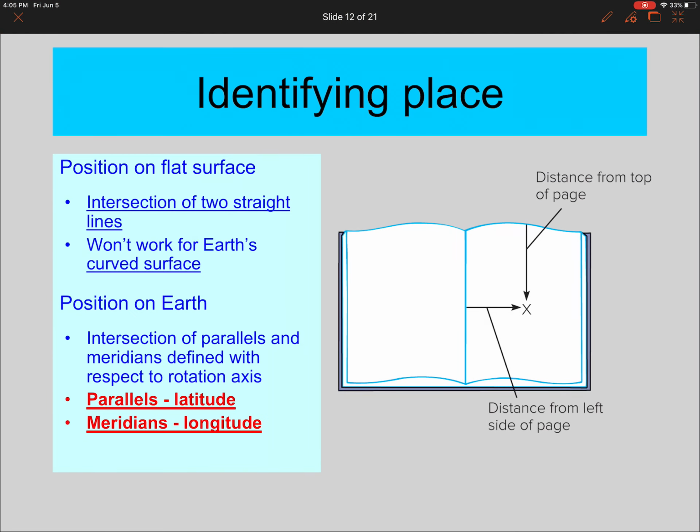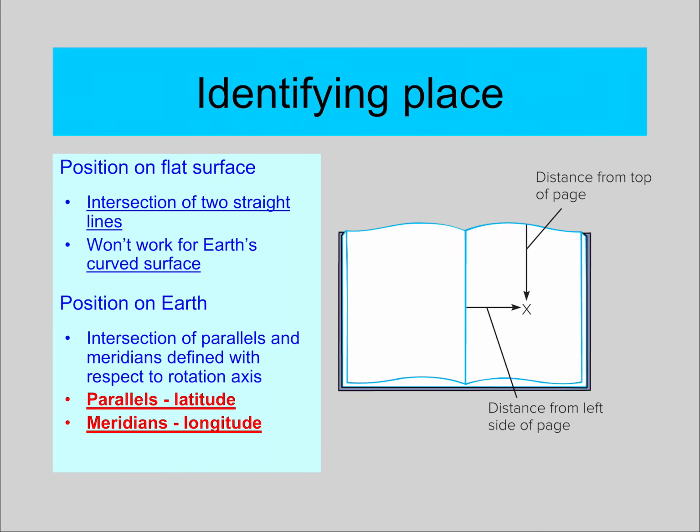So let's talk about identifying a place. It's really easy to identify a place when you're talking about a flat surface. It's not as easy when you're talking about a surface that's not flat. So if it's a flat surface, you would talk about when two lines intersect, but that's not going to work